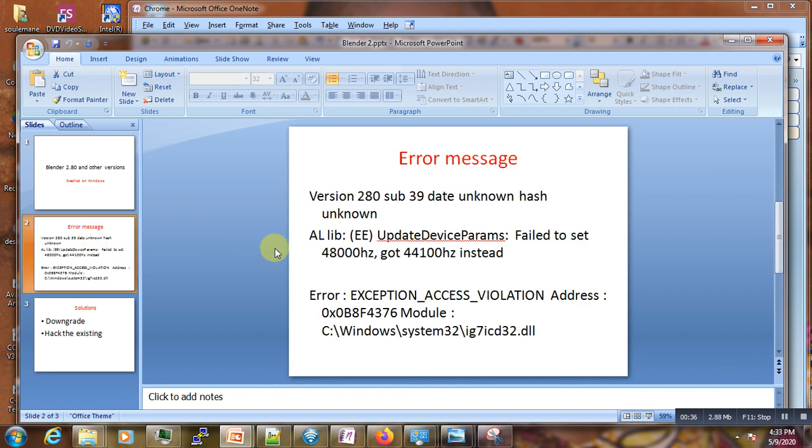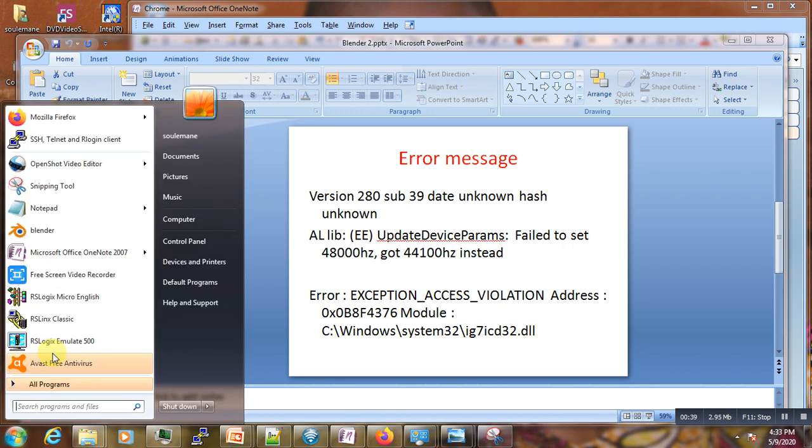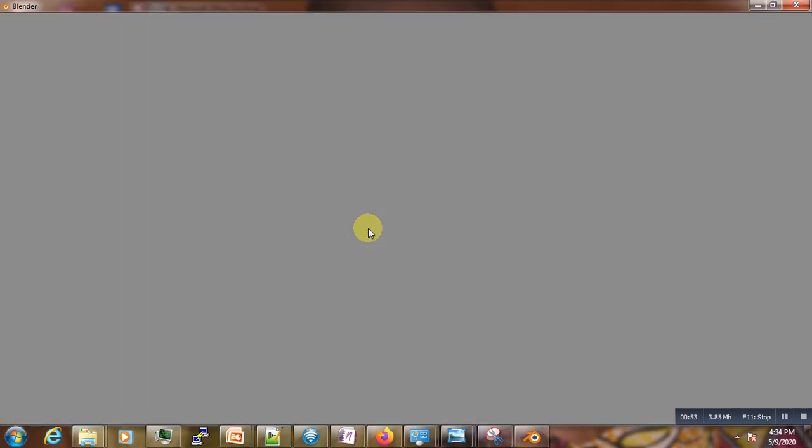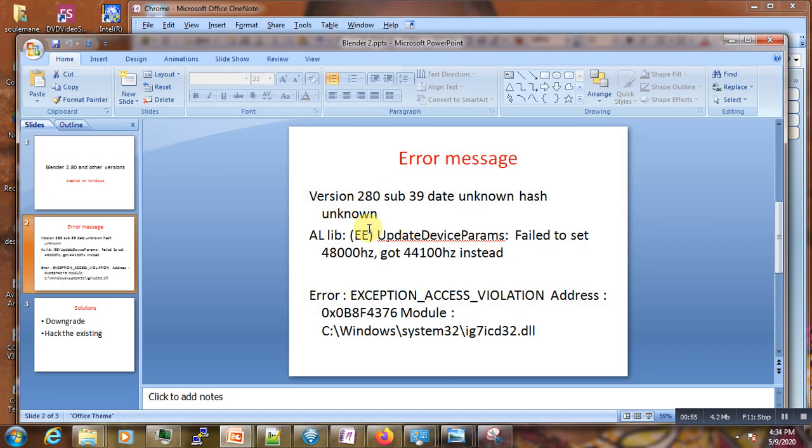We are certainly getting this message here. Let us do a small demonstration. Here is our Blender if we just run it as admin. Here it's asking for permissions. You can see that it's crashing. It just stays for a while and then crashes.